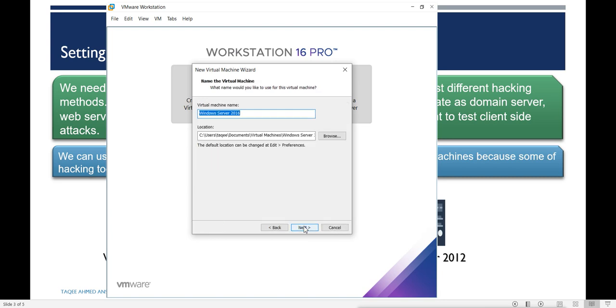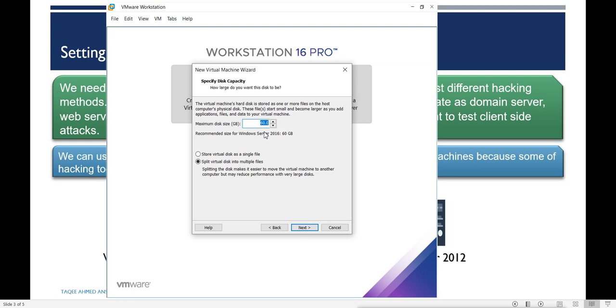Then here you will mention the name for your virtual machine. Let's say I will name this machine Windows Server 2016, and it is going to be stored in the C drive, so you must have the required space available.